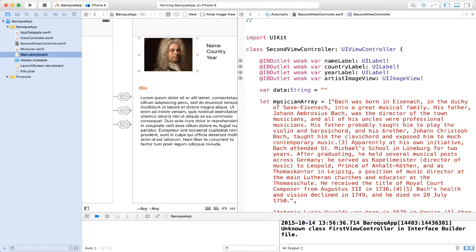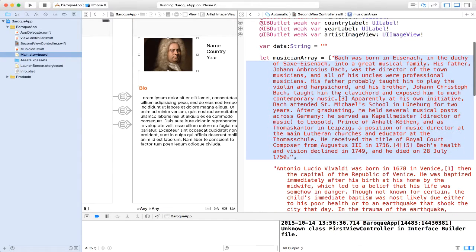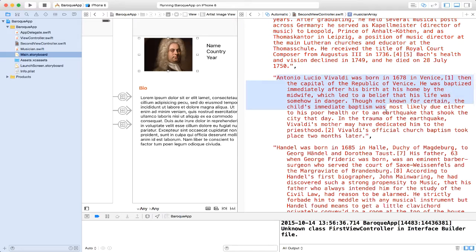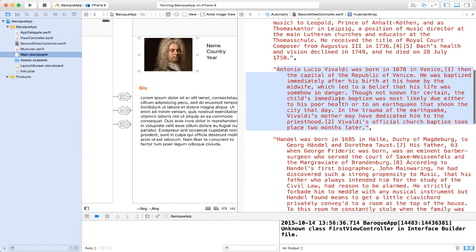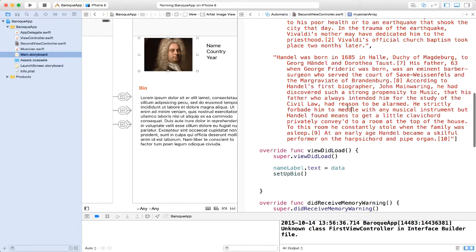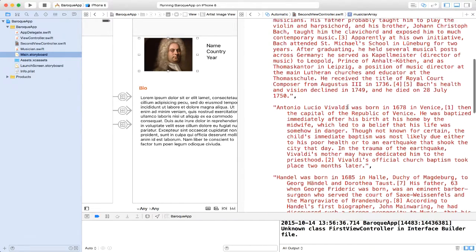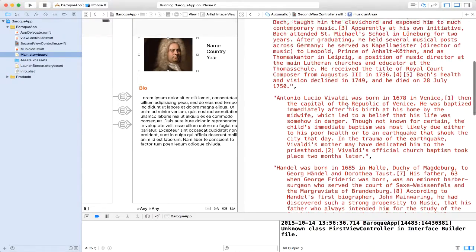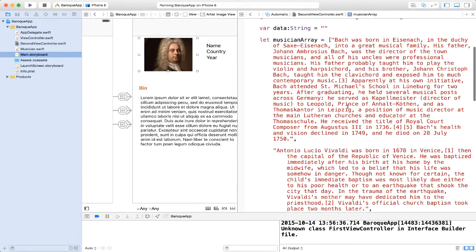As you can see here, I created an array. So I said let musicianArray be equal to, the first item of the array. You can see we have a comma here. This is the first item, the first index. I have Bach information. The second index, you can see there because we have a comma here, we have Vivaldi. And the last one, we have Handel. So I figured this would be a good way of setting things up. There are different ways we could have done this, but this is a really good way. This is the best at our level right now.